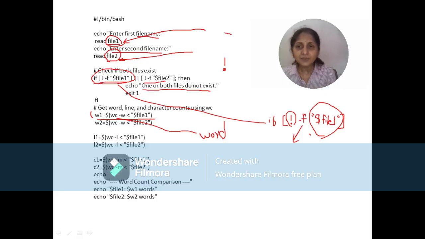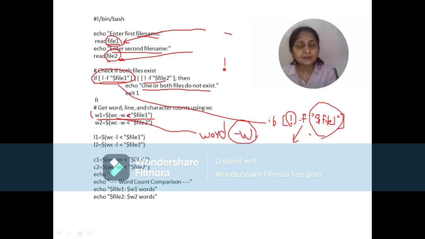Now wc -w, it simply means count the number of words. From where? You want to count the number of words from file 1. So the content of file 1 is given to this command, and this is known as the input operator. This is not the less than operator, this is the input operator.